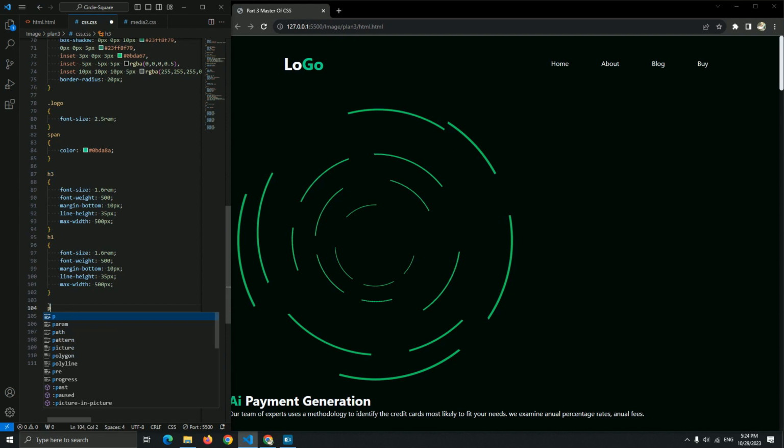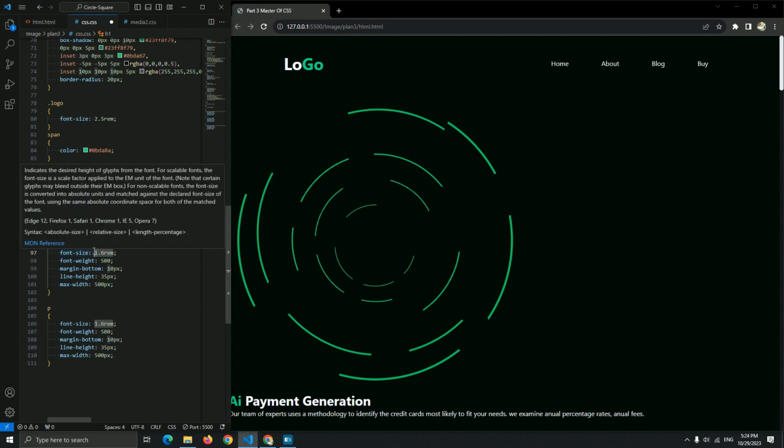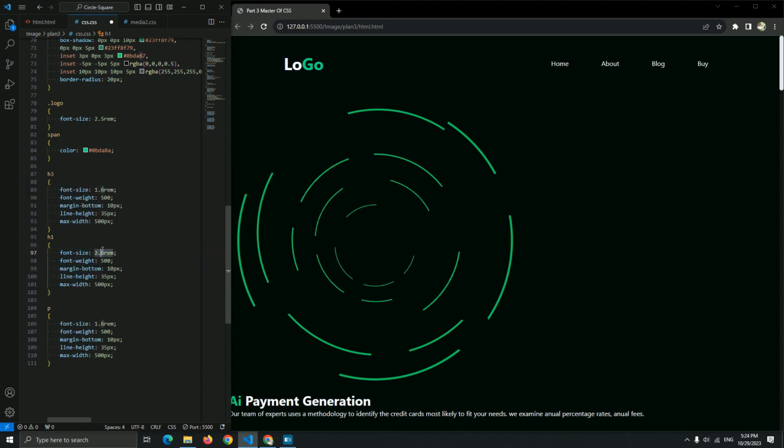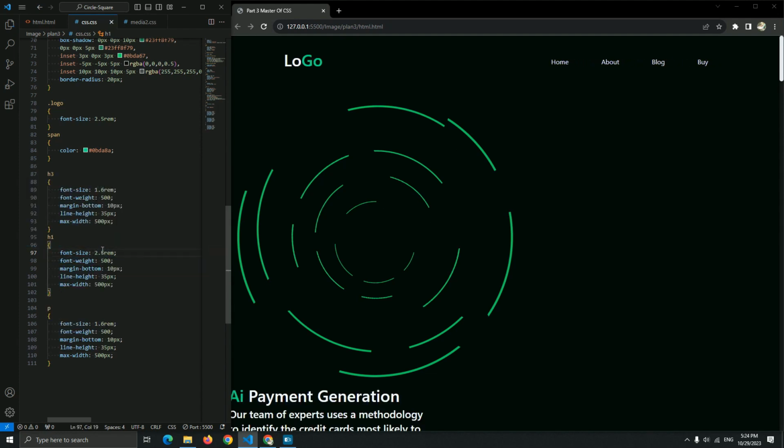And let's copy this and paste it for H1 and P. H1 and P. Okay, for H1, let me just increase the size of this. Let it be 2.5 rem for H1. Okay, and let me add the letter spacing instead of line height.